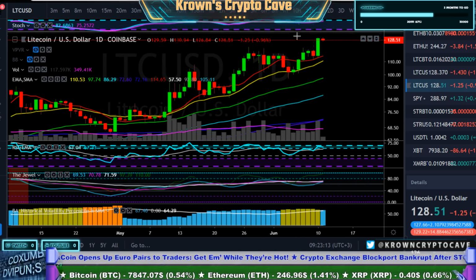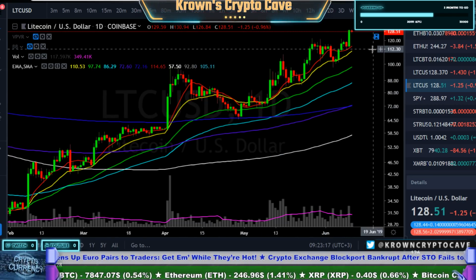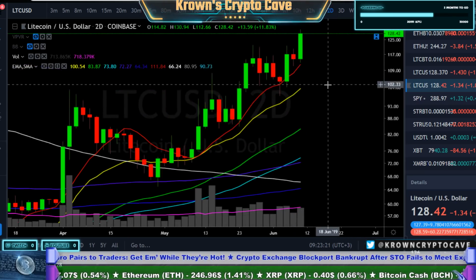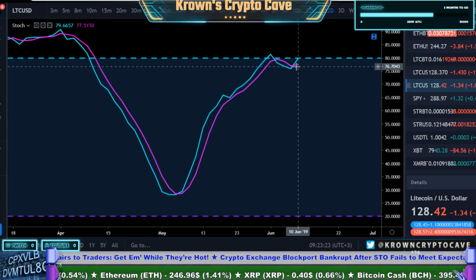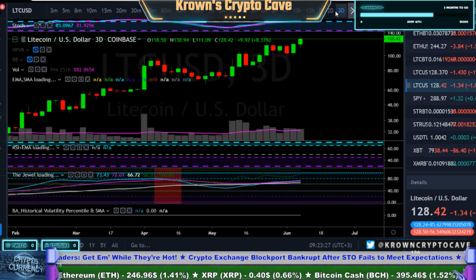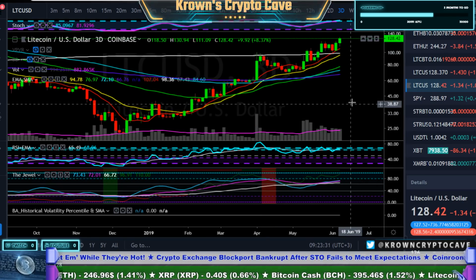I'm not bearish on anything that looks like this. Above all major moving averages, has a golden cross on the daily. Generally good, just generally damn good. Looking at two-day Stokes, probably gonna be crossed back up to the upside. Yes, they are. And again, just another powerful move. This has been a very constructive run put on by a beautiful little bitch,